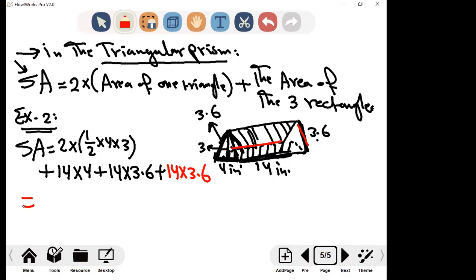The answer will be 50.4. The answer will be,